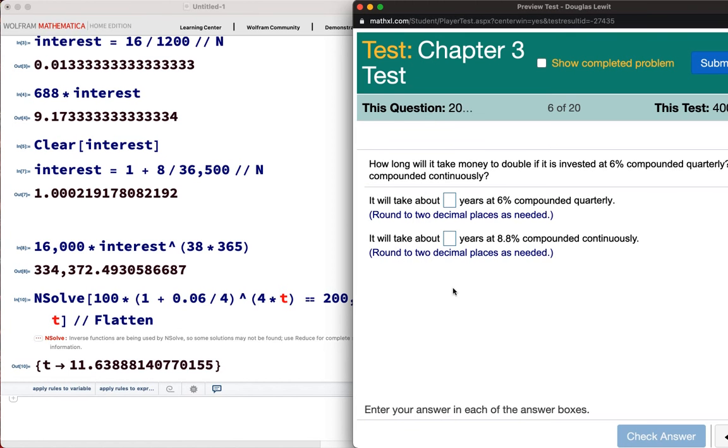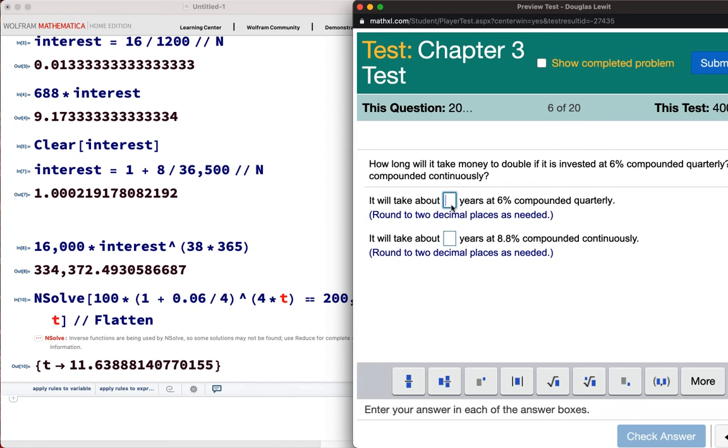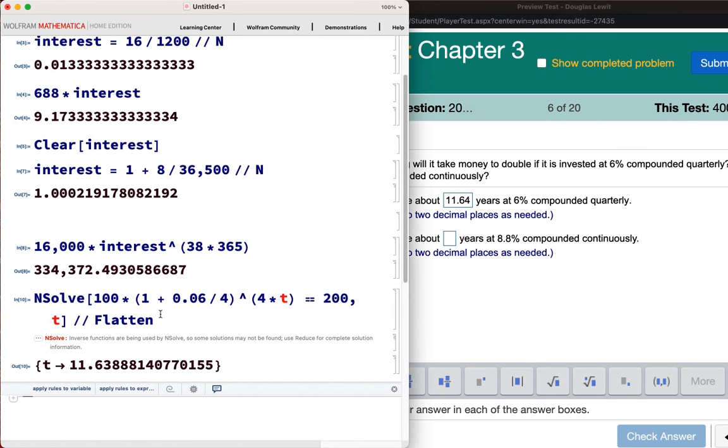So here, it will take about 11.64 years at 6% compounded quarterly. Now, notice the important thing that you should notice right over here, I'm using $100,